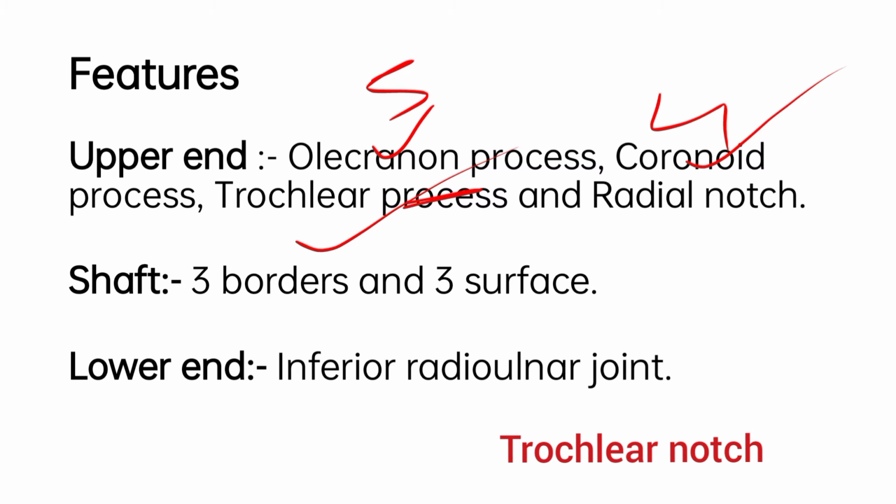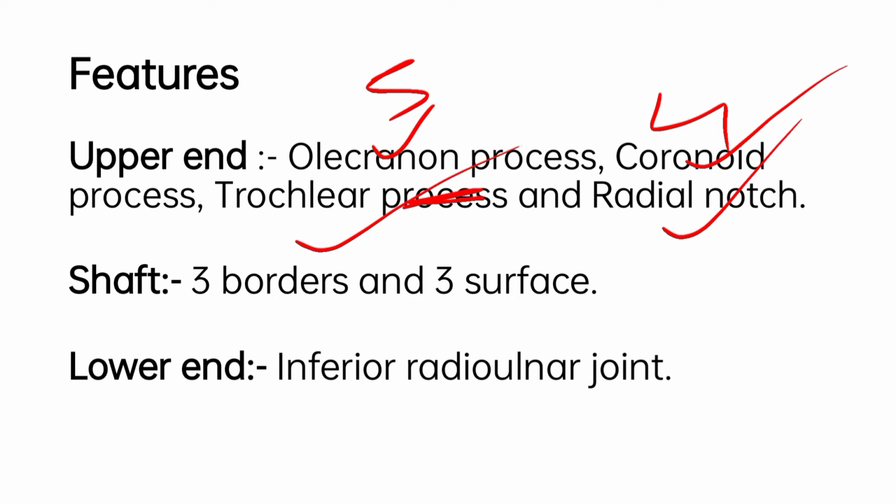It should be notch, not process. Then we are moving further to radial notch. Now radial notch articulates with the head of the radius to form the superior radioulnar joint. Alright. See, now radial notch